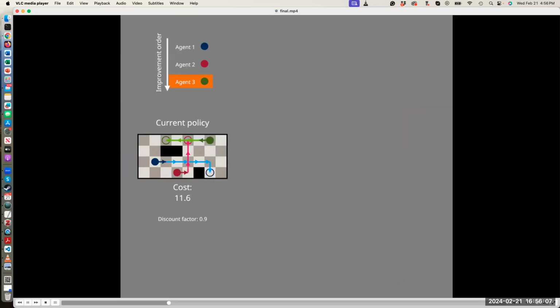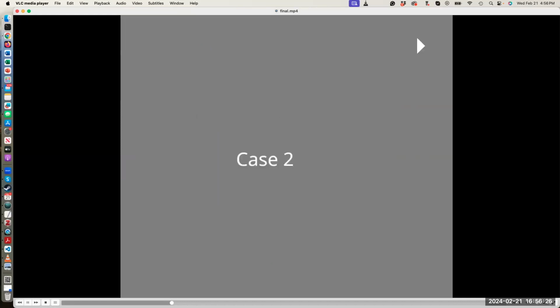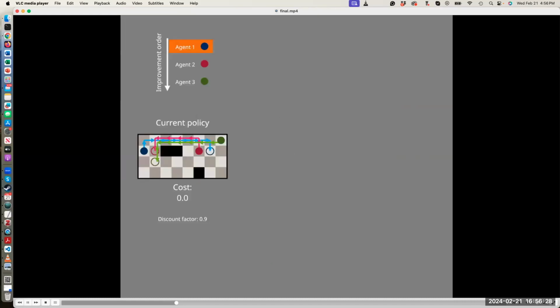Okay, and you can see that after all those calculations, we recovered the base heuristic. So in the case where the base heuristic works well, multi-agent rollout will not mess it up. But typically, the base heuristic is not good enough. So that's where case 2 is. And if we look at case 2, okay,